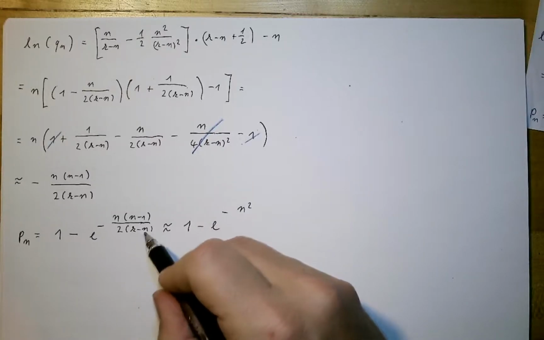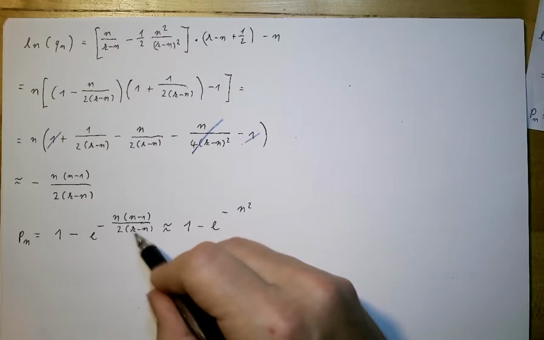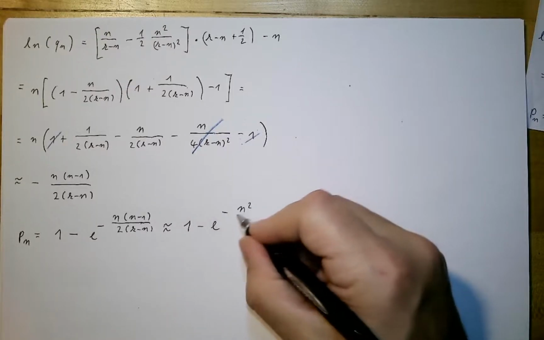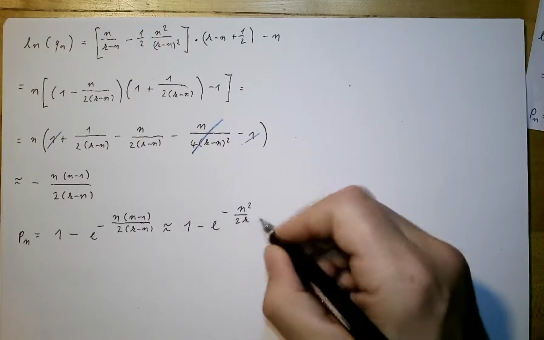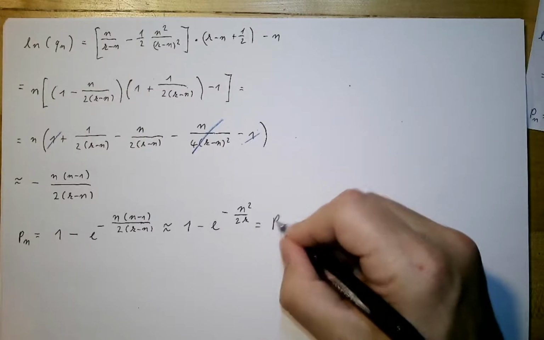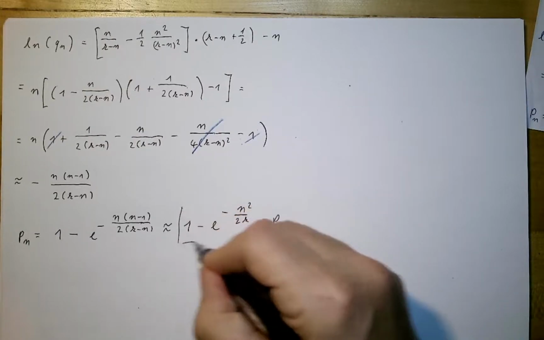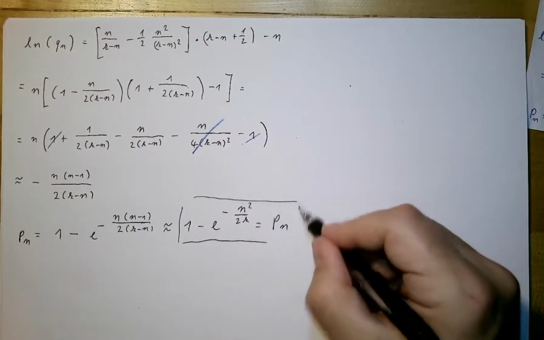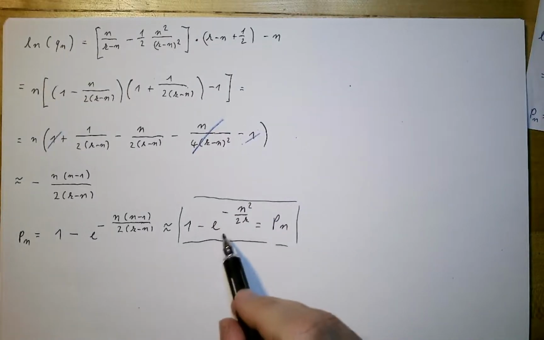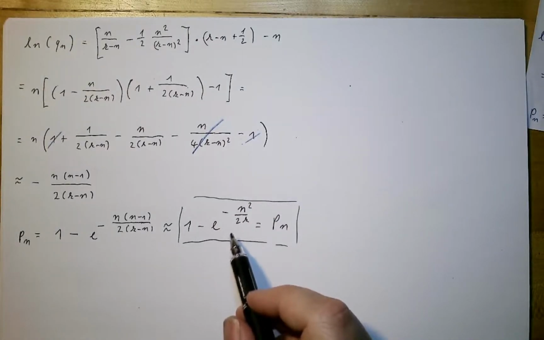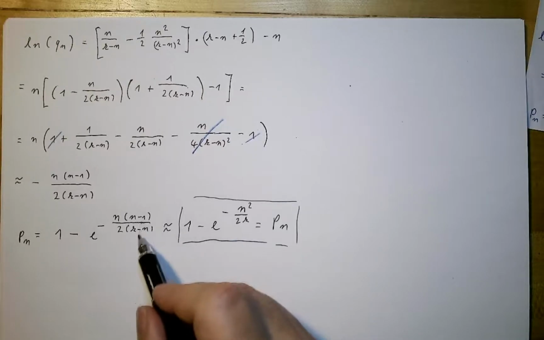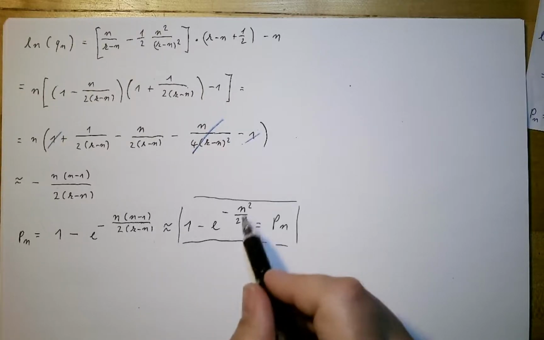And we say k is much larger than n, then this is about k. And then we have here 2k, and that's our Pn. So this last approximation was not really necessary, but it helps us because this